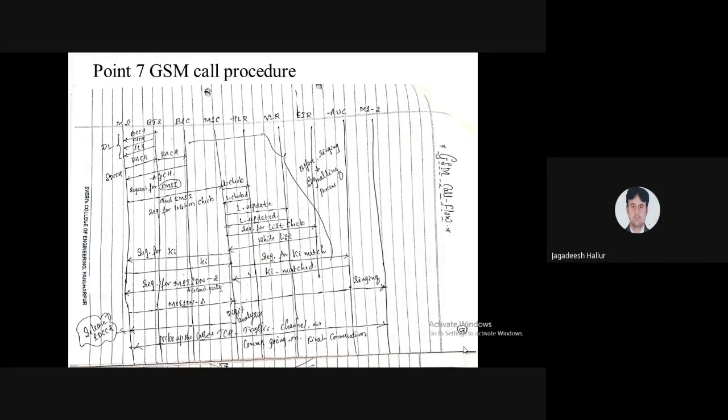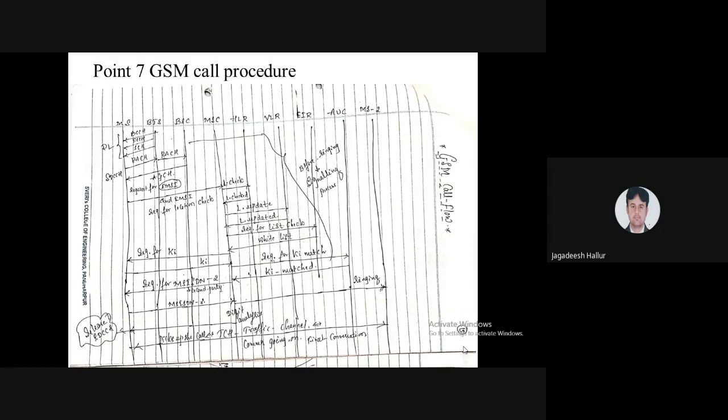Always your mobile station is in idle mode, in silent mode. In that idle mode, the BTS is always accessing your mobile station with some channels.